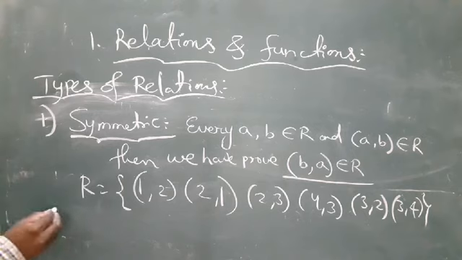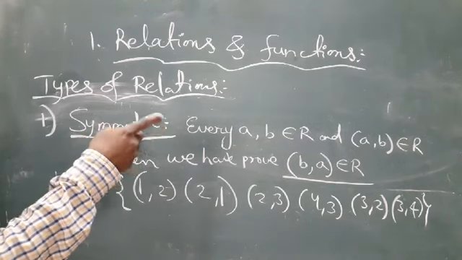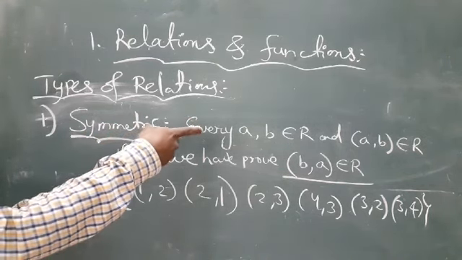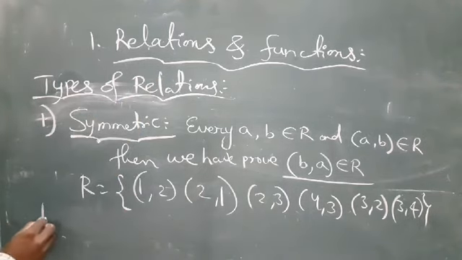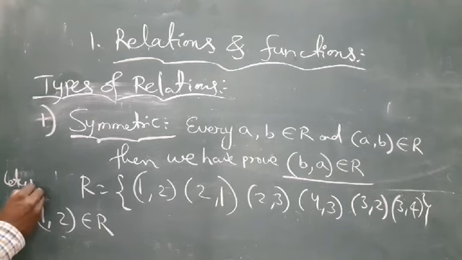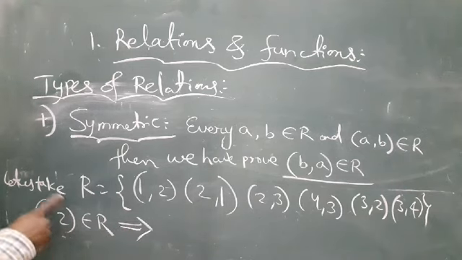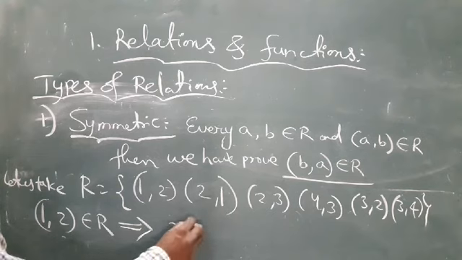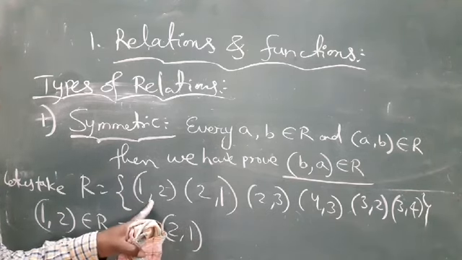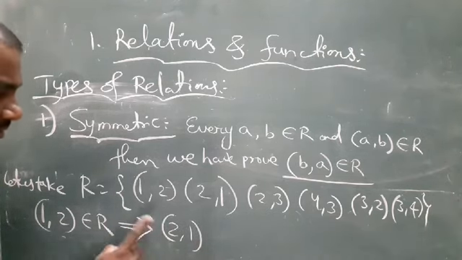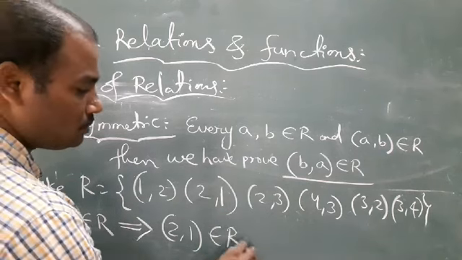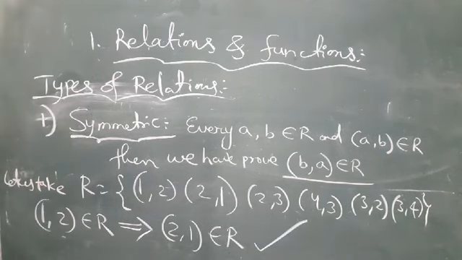Okay, for every (a, b) belongs to R, you can take (1, 2) belongs to R. Let us take (1, 2) belongs to R, then we have to prove its reverse element, what is it, (2, 1), is in this set, yes or no? Yes, so this is true. Now (2, 3) belongs to R,